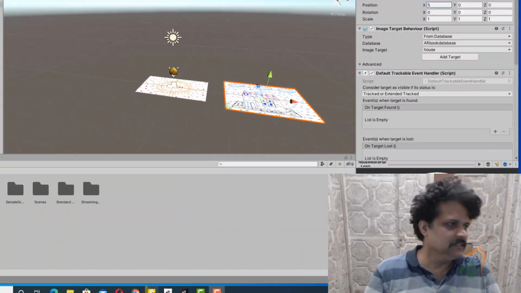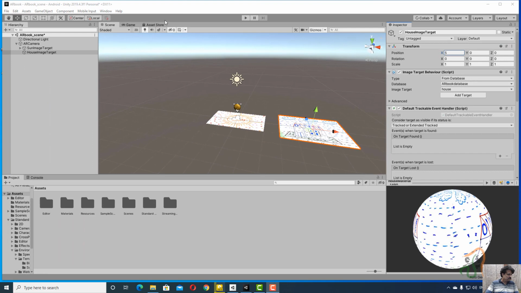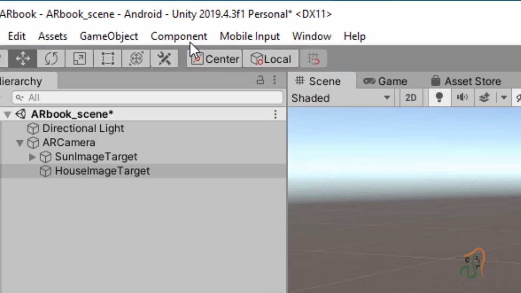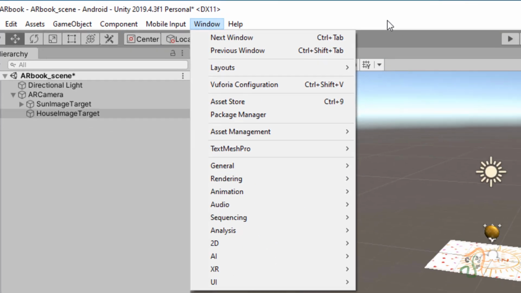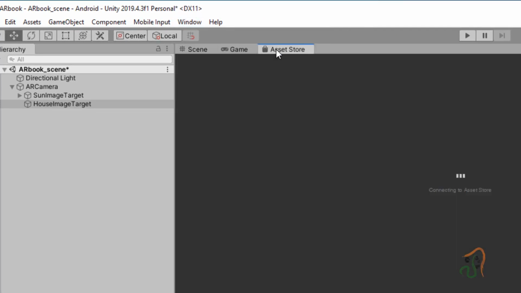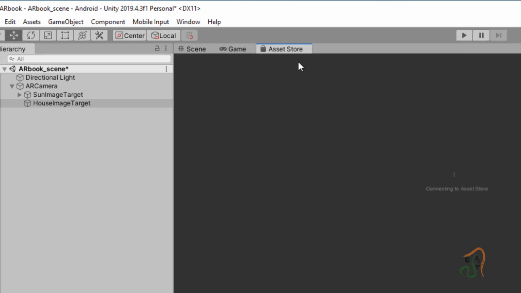So for this purpose, we are now going to get the model from the asset store. In your software, if you come to Windows, you have the asset store, or otherwise on the main screen itself you will have the asset store. Click on it and wait till the screen appears.